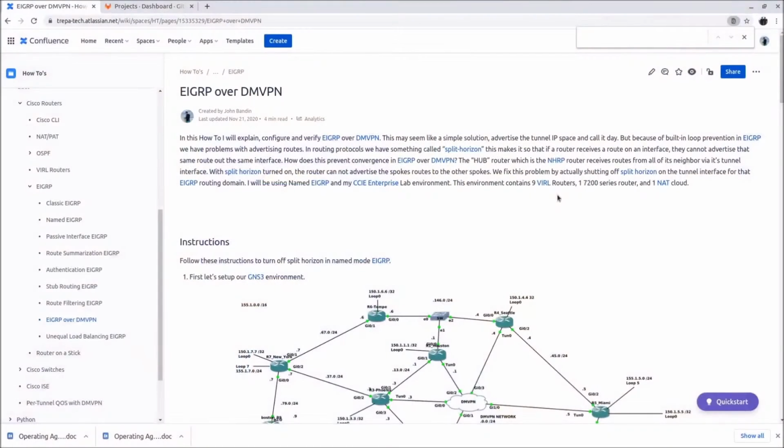So let's say we create this DMVPN and we use EIGRP as a routing protocol. Like all distance vector routing protocols, EIGRP has some route loop prevention mechanisms embedded in this technology. One of those is split horizon. What split horizon does is that it doesn't allow an interface that received a route to send it out that same interface. So if we go back to our topology here,